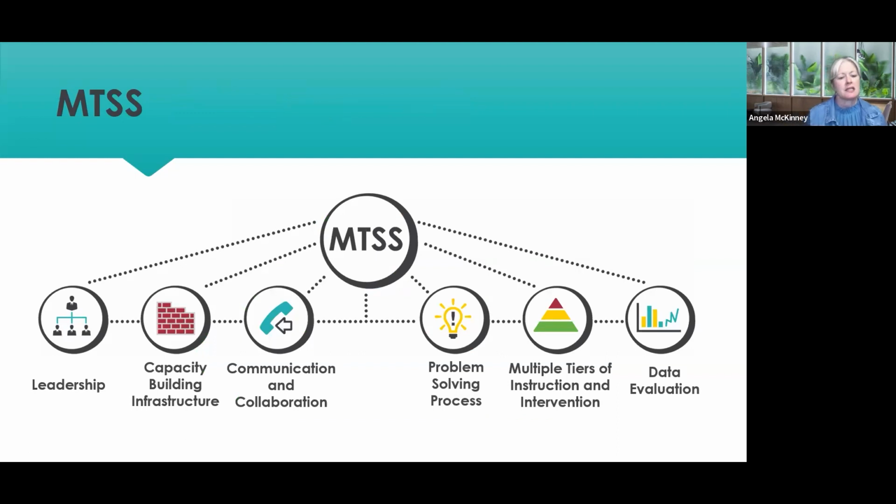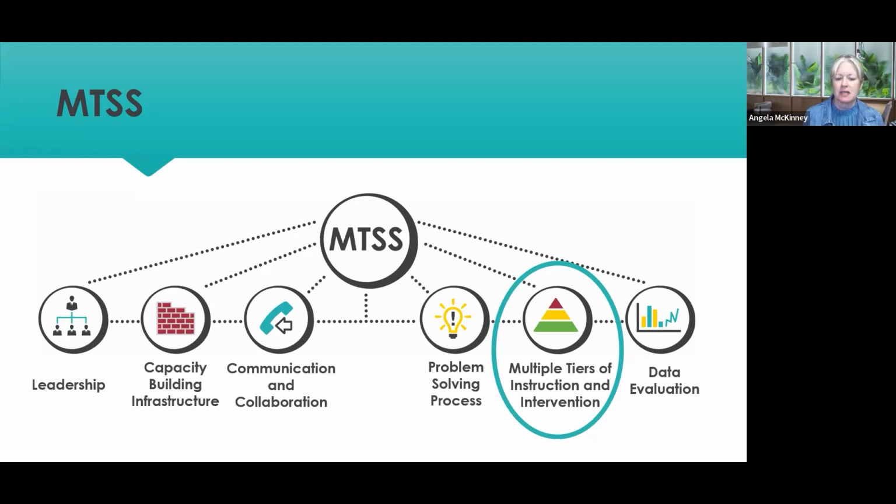So this is what the framework that we use at the IEP TA Center looks like. And we are going to dip mostly into this multiple tiers of instruction and intervention, because that's what most educators are really familiar with, is looking at, what are the tiers? What does tier 1 look like, tier 2, tier 3, the intervention piece. But these other domains, which we won't really have a lot of time to get into on a deep level today, they're incredibly important for making this all tie together and stick.